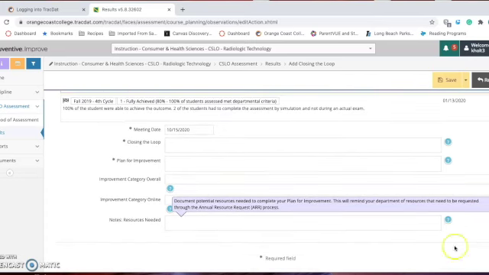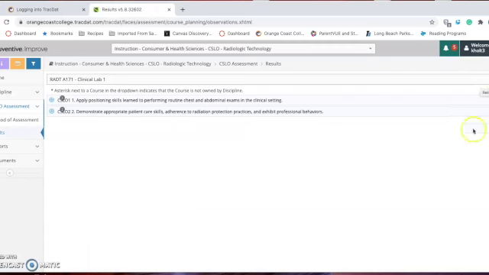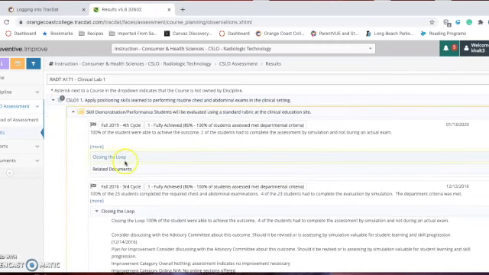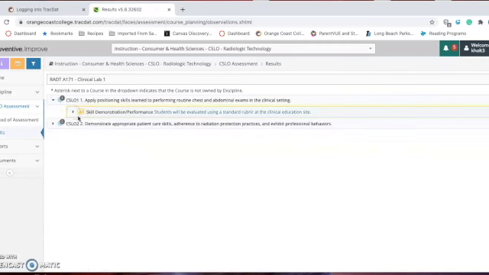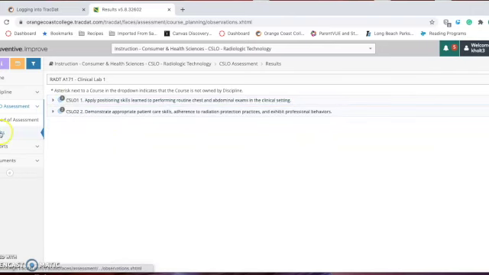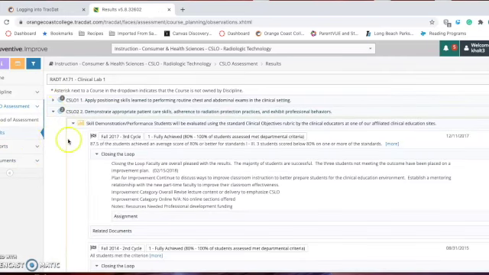And then you would want to save and return, and that would save that. And that is closing the loop. I just wanted to show you quickly one other way that you can get in to closing the loop. So if you were going to enter results and close the loop at the same time, for example, then you would just, the CSLO is here, you would add results,